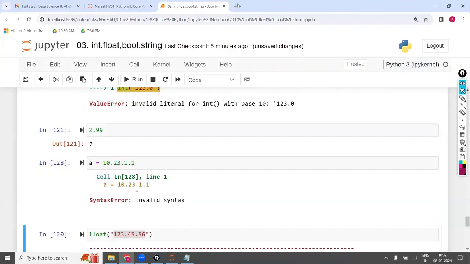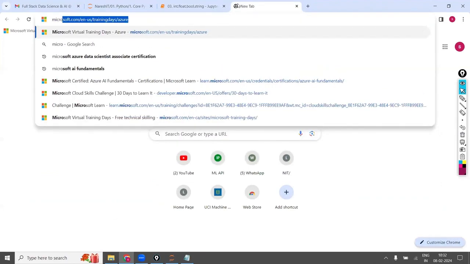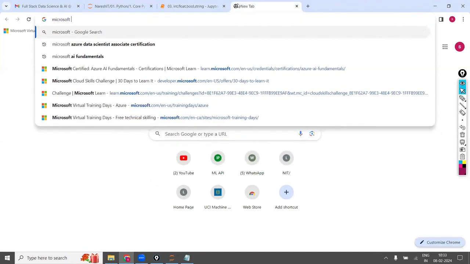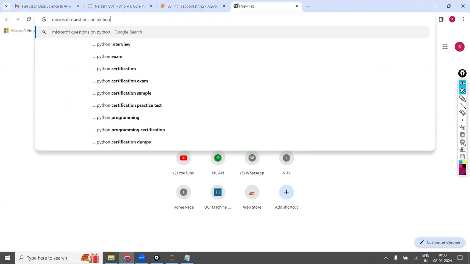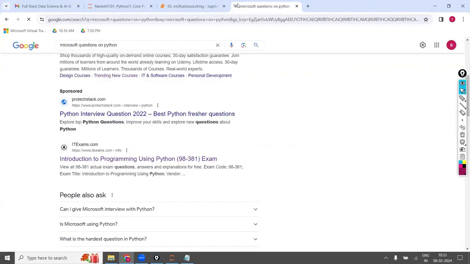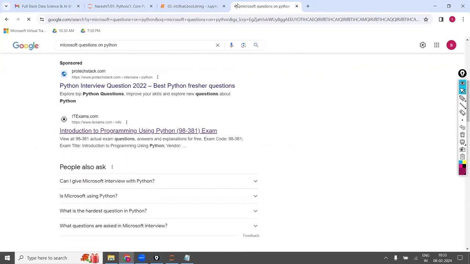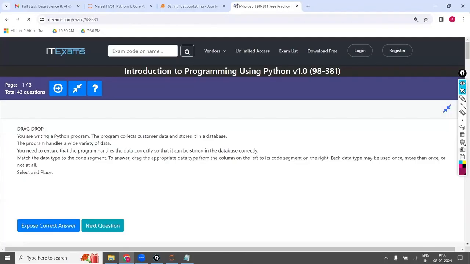Now, using this, we are having some Microsoft questions. So here in Google, I'm typing Microsoft questions on Python. Okay. So here I'm opening some Microsoft questions. So let us see. Sir, for this also Microsoft? Yes, we are having one Microsoft certification in Python. Okay. Now the certification code is